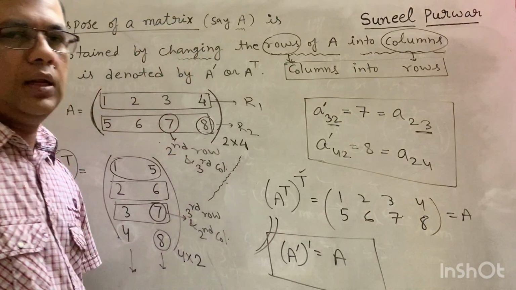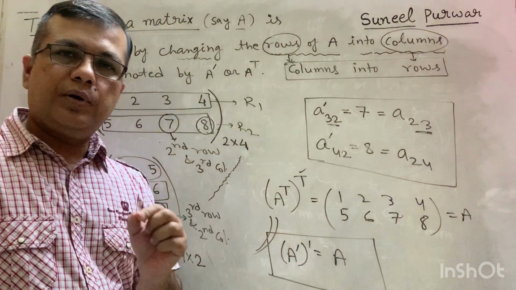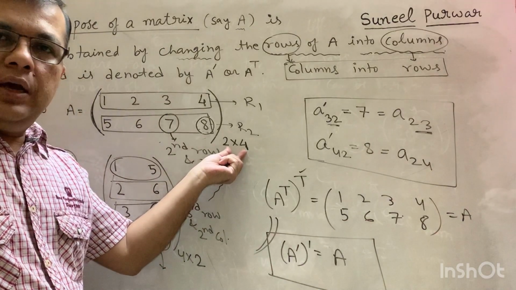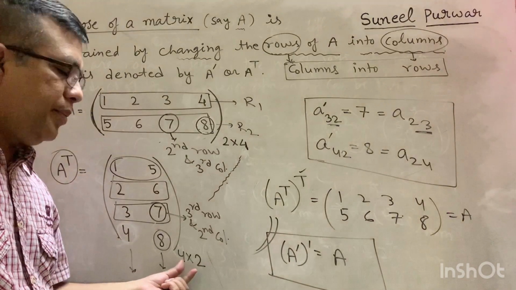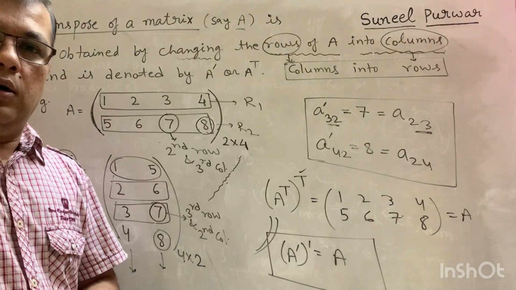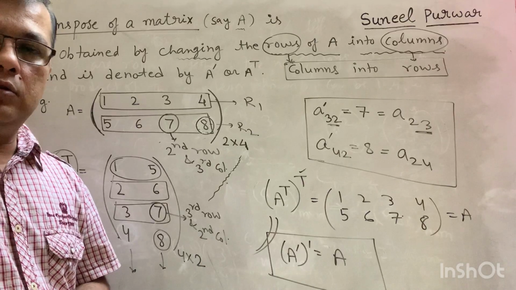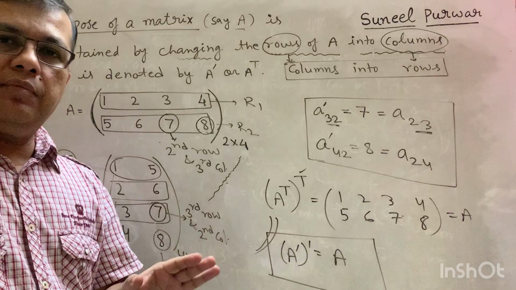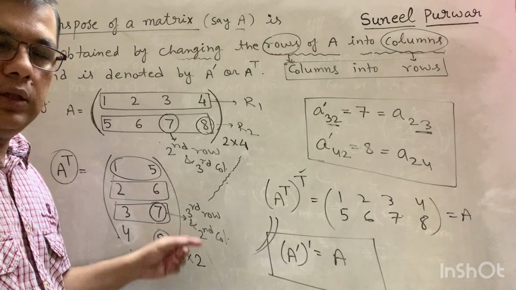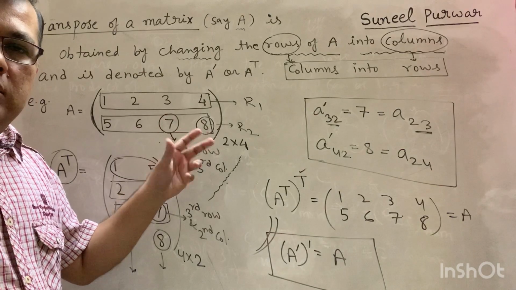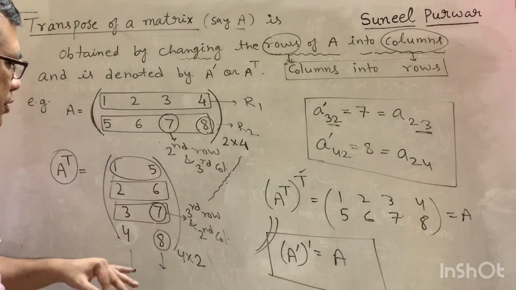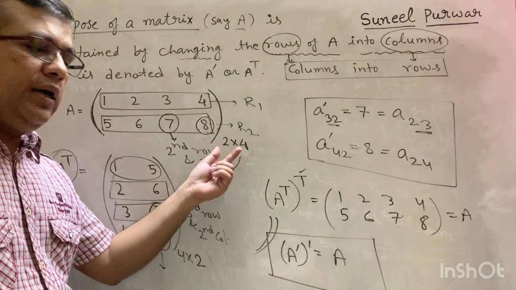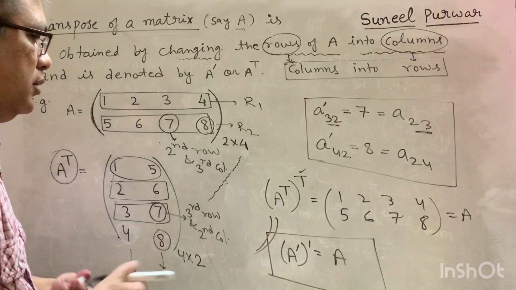Very important result. Also, try to answer one simple question. Right now here you have seen, if order of A is 2 by 4, then the order of transpose is 4 by 2. So, what kind of matrices will have the same order on transposing? मतलब किन matrices का size same रहेगा even on writing their transpose. Okay, तो उसके लिए क्या होना चाहिए, ये दोनों नंबर सेम होने चाहिए. समझ में आ रही बात?